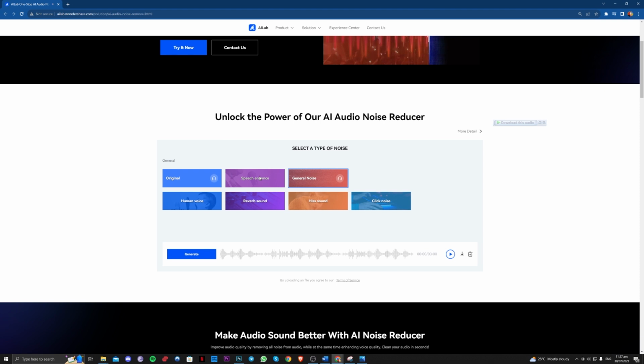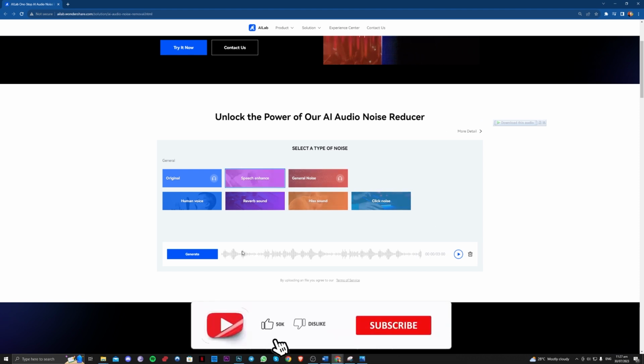You can also use other options here, other tools that you want. You just have to go ahead and click on generate for each and every one. So there, guys, once done, you can freely download this if you want